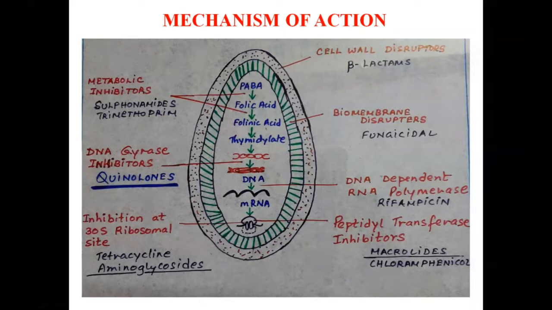Now in this cell wall synthesis inhibition, the most important part of the cell wall is the peptidoglycan. The peptidoglycan is the most important component of the bacterial cell wall, and it maintains the integrity of the organism by withstanding the pressure. There is a hydrostatic, hydroosmotic pressure within. This pressure is maintained, and the peptidoglycan helps in maintaining the integrity of the cell wall, as well as the shape of the cell.